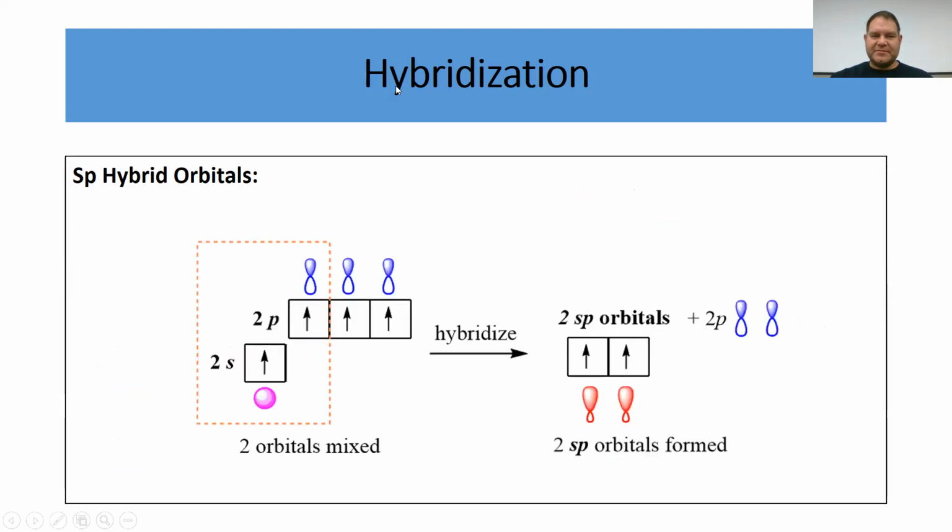Okay, and just as before, forming these 2 sp hybrid orbitals, we are going to essentially have 2 p orbitals